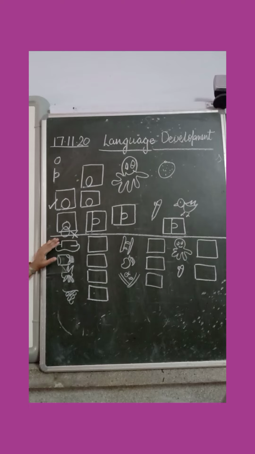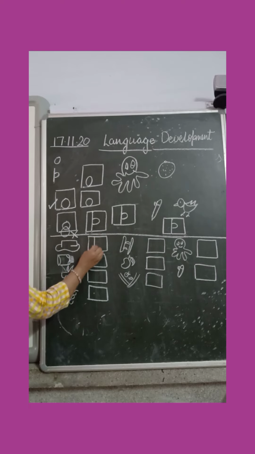Okay, so now children, let's move on to the exercises. Now this is the exercises wherein you have to write down the first letter. And remember, first letter should be small. First letter should be small letter. Okay, come on. Now this time you will tell me the letter. Ma'am won't tell you. Tell me. Come on, come on. I can still see some children are not speaking. Very good. Some of you have given the answer.